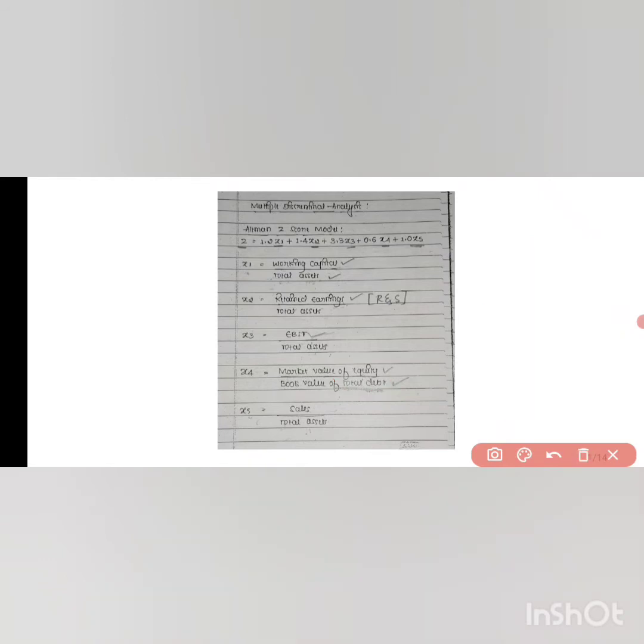Clear? Next we have sales, which is already given in your question directly. EBIT directly they will give it to you. Total assets, you guys know how to calculate. Okay, so everything is not given in your question directly, we have to calculate it. So if you want to calculate it, you have to know how to calculate these values. Okay, if you know that properly, then you can easily calculate the question. Okay, moving on to the problem.